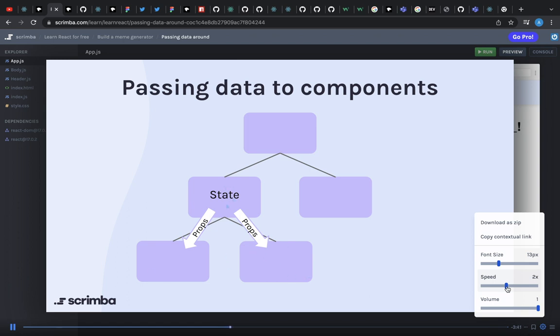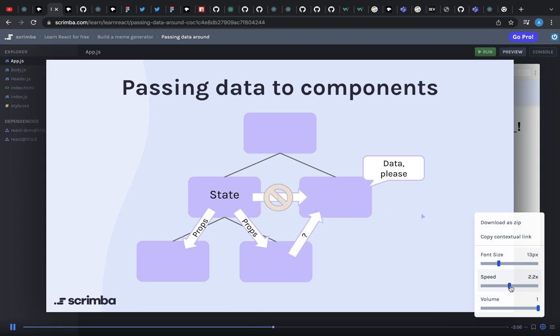If that state were ever to change, React will update this component where the state changed, and it will also update any children components as well. And so therefore, if that state changes that's being passed through props, the child component can update as well. As your application gets more and more complex, you will find yourself having another component that sometimes needs access to that state as well. And just like before, there's no way for us to pass the state or any kind of data from one sibling component to another component, but